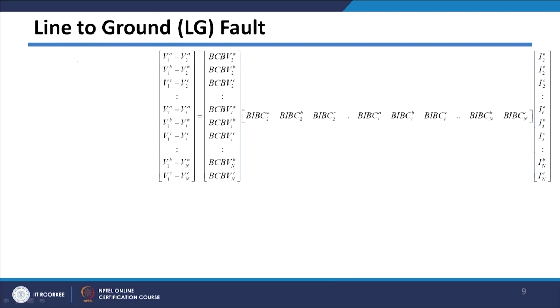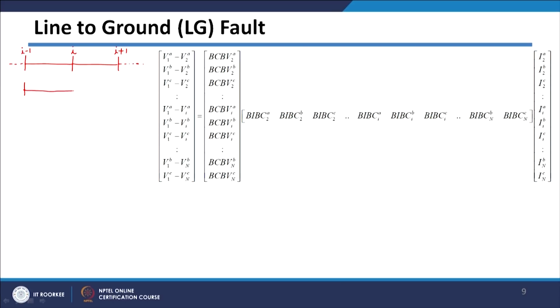Now let's start with the common fault which occurs most in our distribution system, that is the line to ground fault, where one line gets short circuited. Let's say your generalized system is something like this, where this is the ith node, and this is the node before it, I minus 1, and this is the I plus 1th node, and this is part of a large system. I have shown only 3 buses, but there may be a very large number of buses in the system.